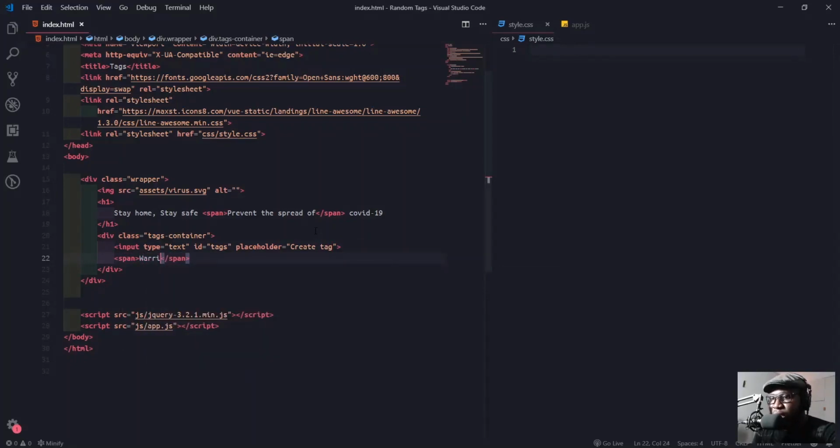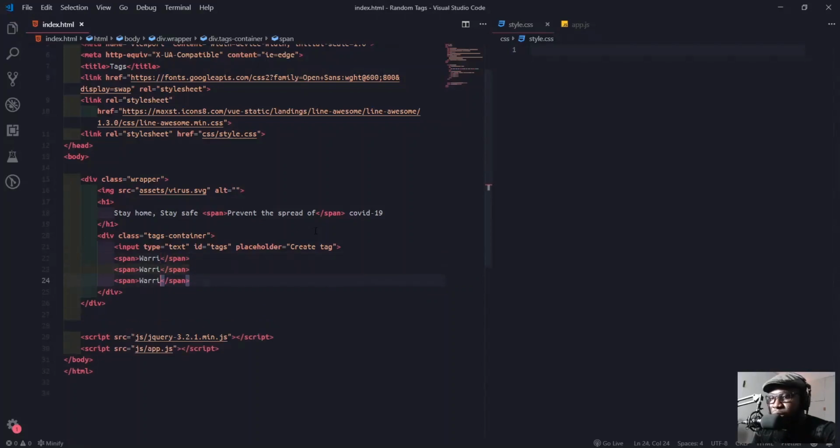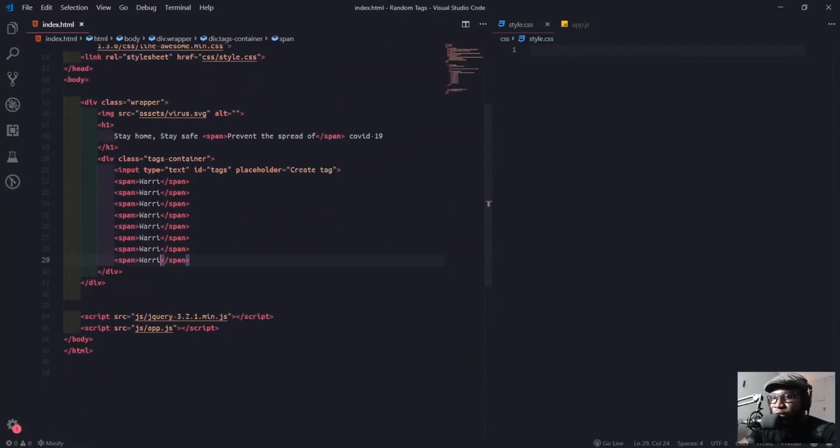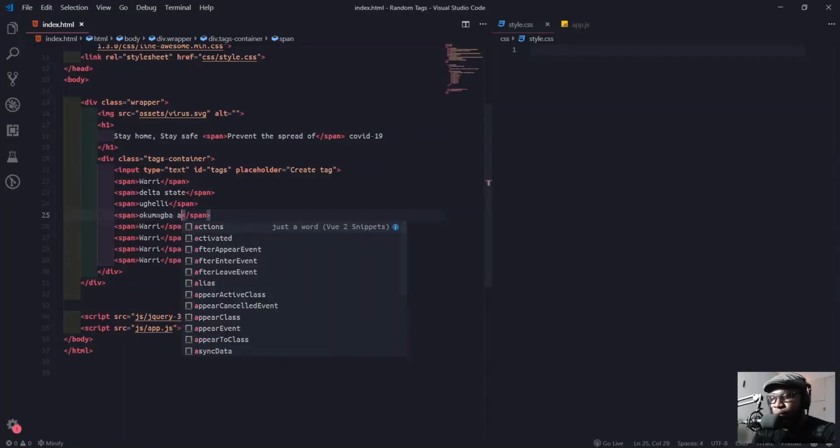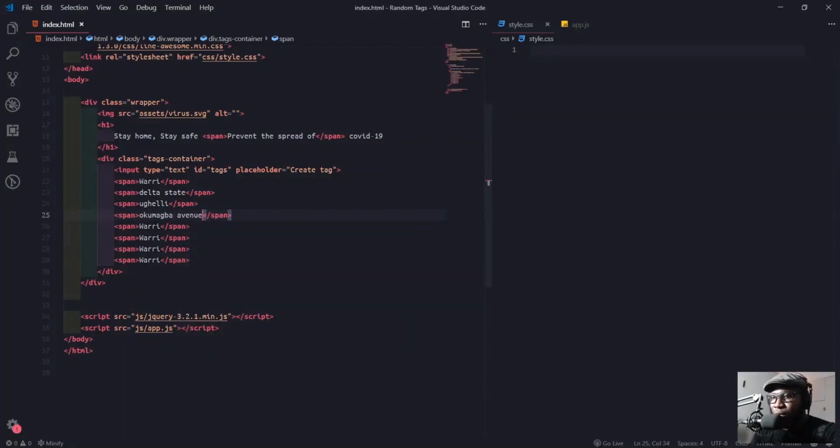So I'll create the first one, then I'll just duplicate it for the others. I'll add a few names, like Delta States, Ugelli, Okumagba Avenue, Ogunu, Ubeji, Jedo, and then the last one, Refinery Road.